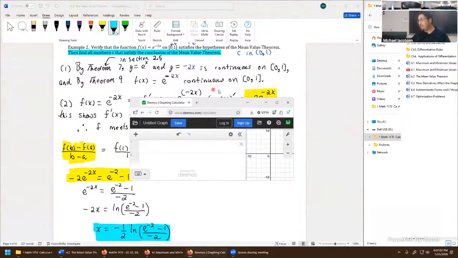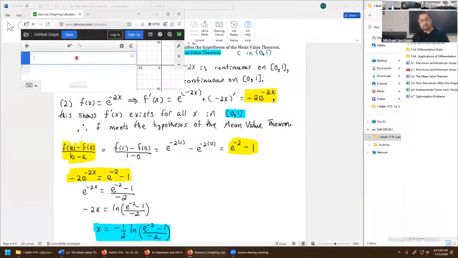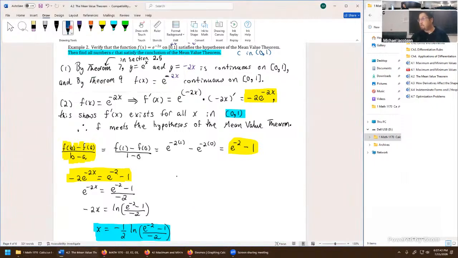So this is a good step to go to a calculator, approximate this, and see if we're on the right track. You have negative 1/2 times the natural log of a fraction, e to the power negative 2 minus 1, divided by negative 2. It comes out to about 0.42, approximating. That's good news. It's not a guarantee that we didn't make a mistake, but that's pretty good numerical evidence that we're on the right track. There's only one number c that satisfied the hypothesis of being between 0 and 1, and so that did the job. So to finish up the problem,